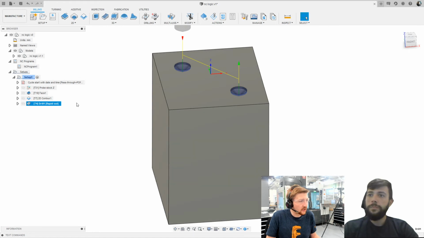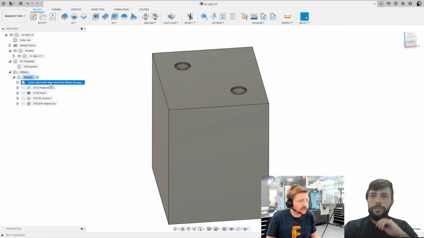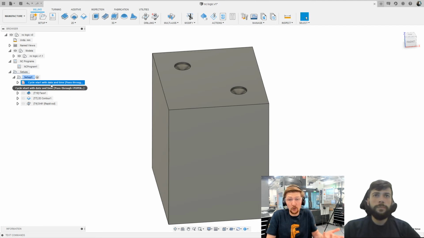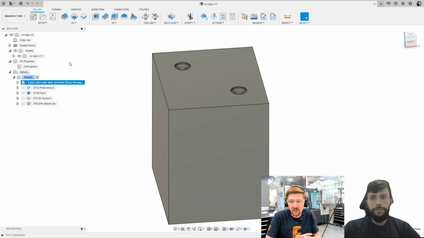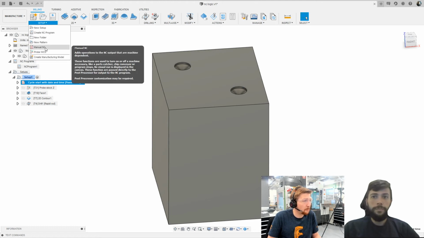We are then going to do something at the start here. So let's have a quick look at this manual pass-through. If any of you out there don't know what manual pass-through is, it's a really powerful tool that you can use to actually influence the NC code outside of the post-processor. So what you can do is go Setup, Manual NC,